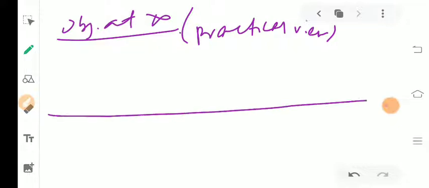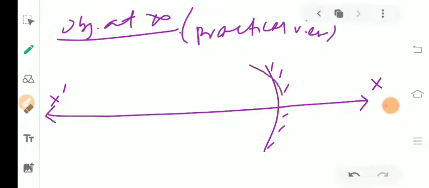Okay, so for this take the principal axis X to X, then a concave mirror. Whenever you are drawing the concave mirror, don't draw one more curve like this, because the theory has not been developed for such a curved concave mirror. You read this in 12th class. So you have to draw a little curved concave mirror like this. Then this side is the silvered side, so the front side is the polished side.